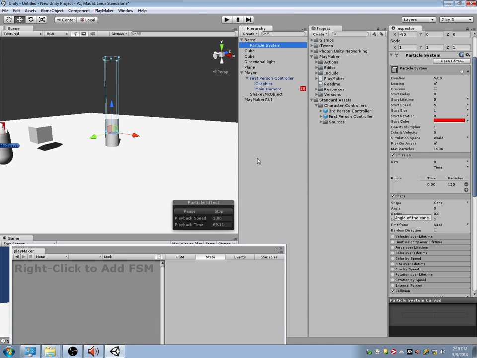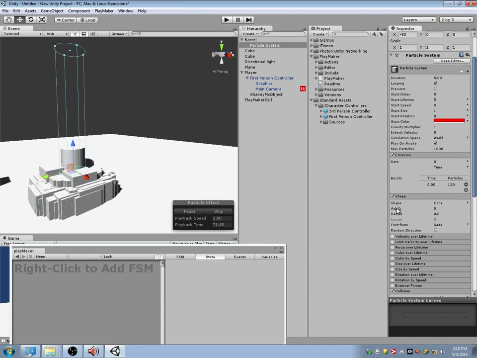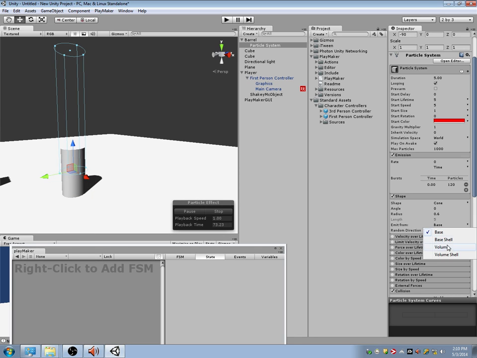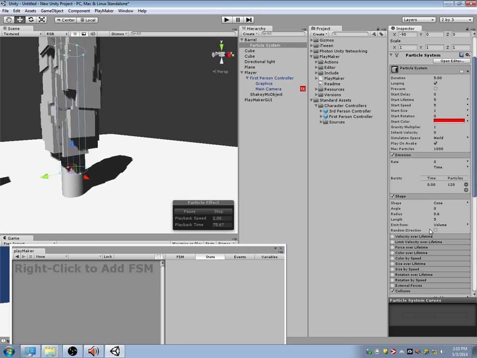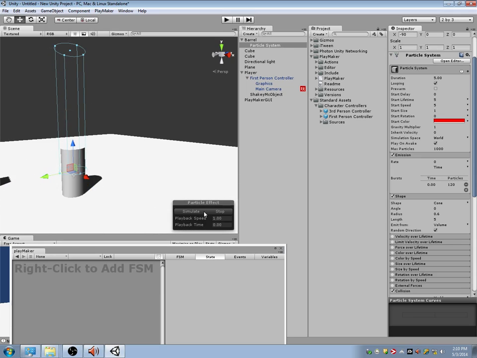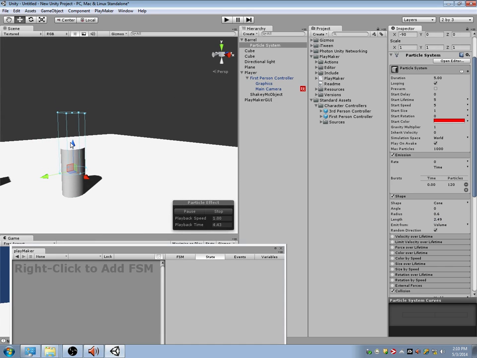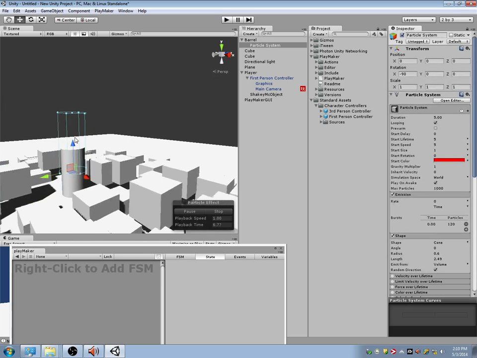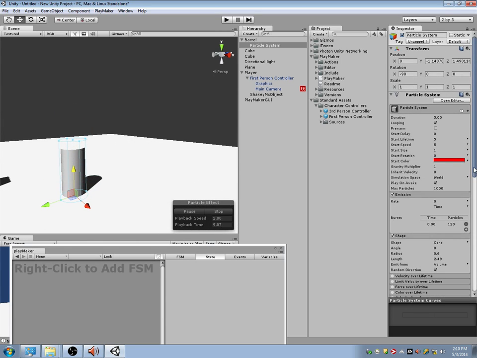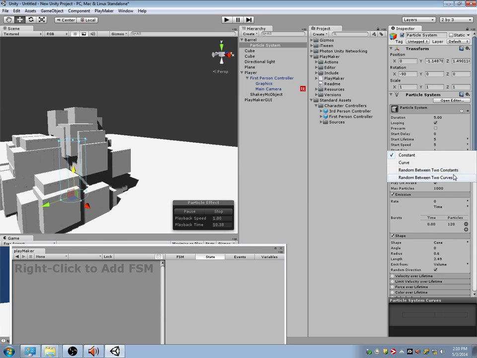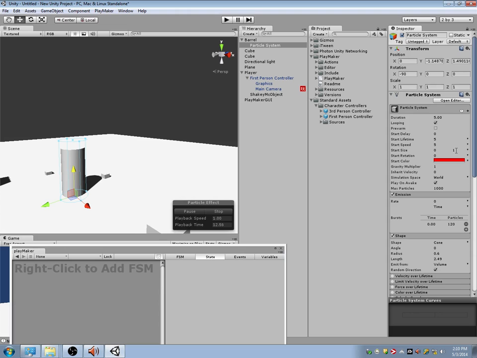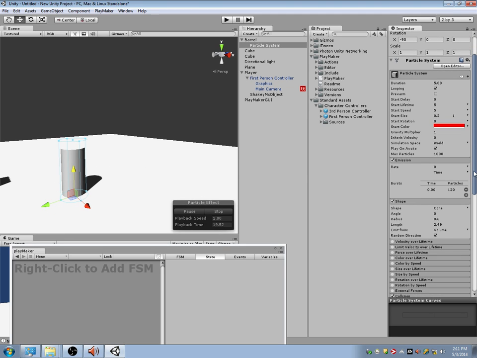So if we line this up right, with the barrel, we can have it emit from the volume, in a random direction. Cool. And shorten this and move this down. We can also change the start size to be random between two constants, so it's not always the same size. You can have it be between 0.2 and like 0.1. Some other things that you should try to do as part of explosions, maybe even just